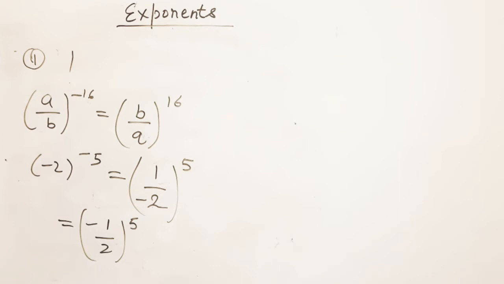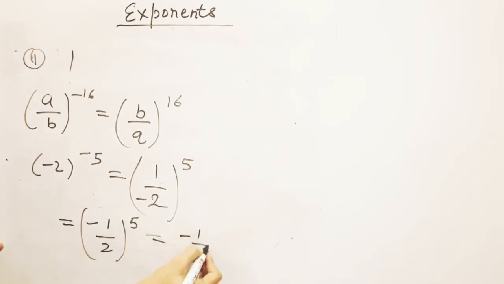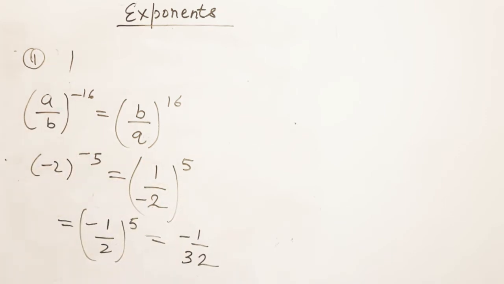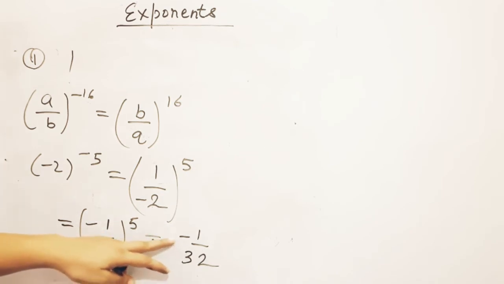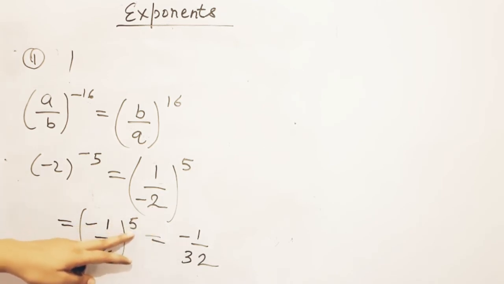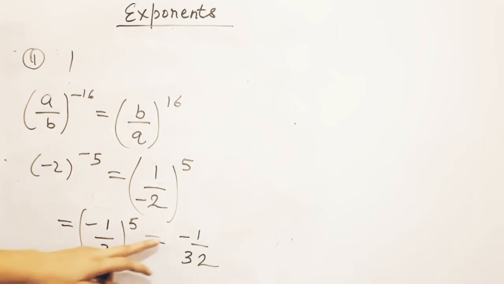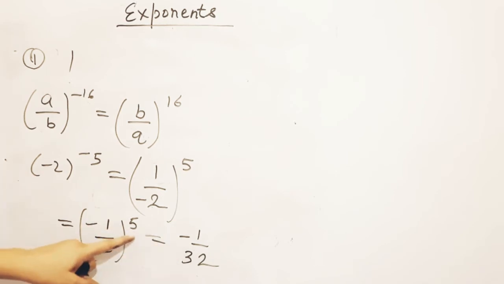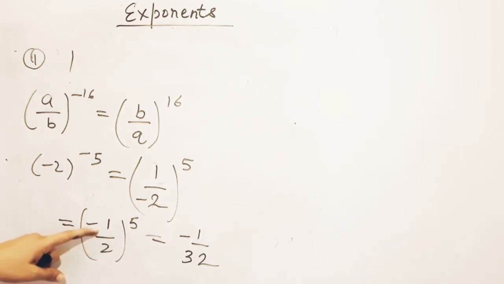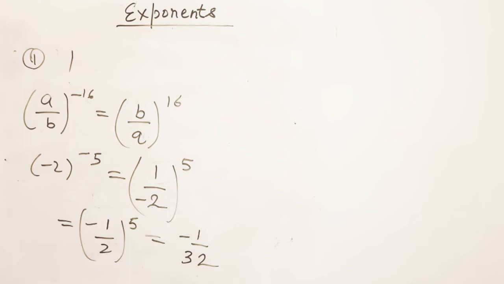Now coming to the next one. So students, minus 1 upon 2 to the power of 5 means you have to multiply 2 5 times. और जब आप 2 को 5 times multiply करेंगे, the answer will be 32. So the answer is minus 1 upon 32. और minus 1 को जब आप 5 times multiply कर रहे हैं तो minus 1 ही आएगा. अगर यहाँ पे आपकी पावर इवन नंबर में दी गई होती तो आपका रिजल्ट जो है वो पॉजिटिव आ जाता. But the power is in odd number, that is why the result is also negative. Minus 1 is multiplied odd number of times, so that is why the result is negative only.